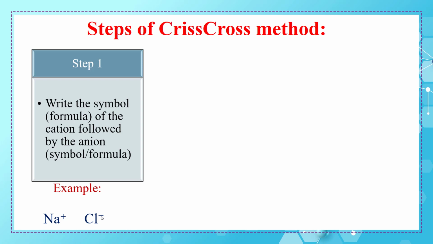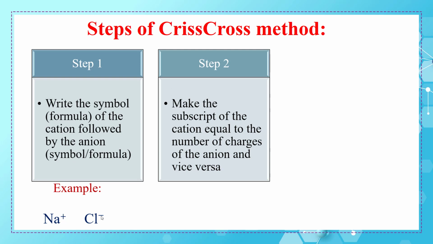What about step 2? Come on. Step 2, make the subscript. Do you remember the subscript? Make the subscript of the cation equal to the number of charges of the anion and vice versa. Don't forget that, vice versa. How? So let us take the Na 1 plus and we have the Cl 1 minus. How can I make the subscript here of Na equal to the number of charges of the anion, which is